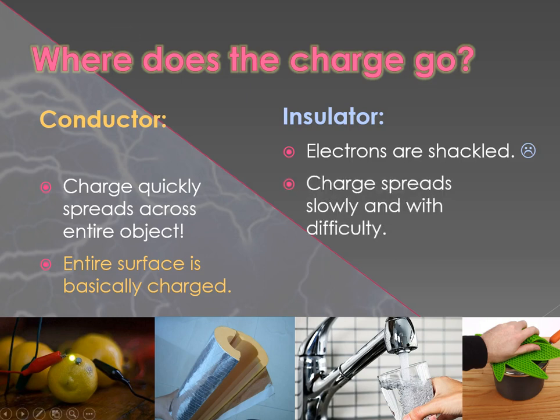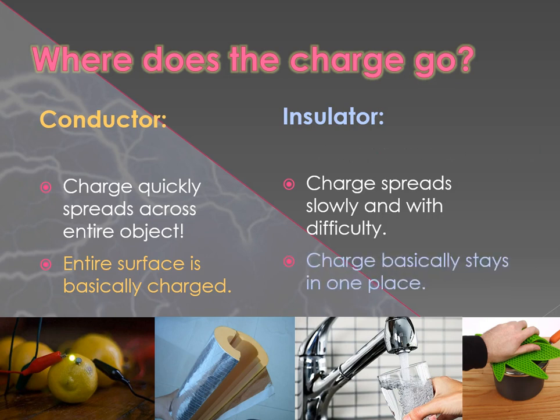To determine if it's a conductor, ask yourself two questions. Number one, is it metal? If the answer is yes, then it's a conductor. Copper is a very good conductor. That's why it's used in electrical wires. Silver is a better conductor. That's why high-grade electrical wires are silver. Gold is the best conductor we have. That's why fancy electronics are so expensive. Their circuit boards are plated with gold.